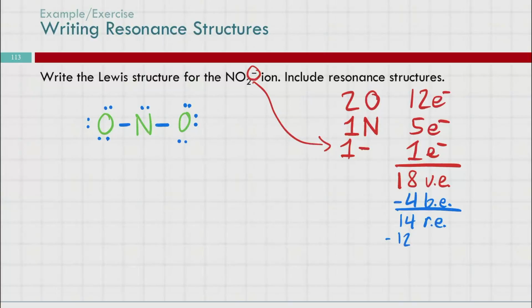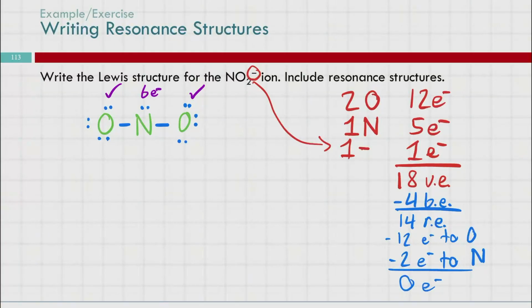So 12 electrons to oxygen, and 2 to our nitrogen. That's all of our electrons up and on the board. And if we do our counts, we will find out oxygen is good to go. Nitrogen is short. It needs 2 more electrons,